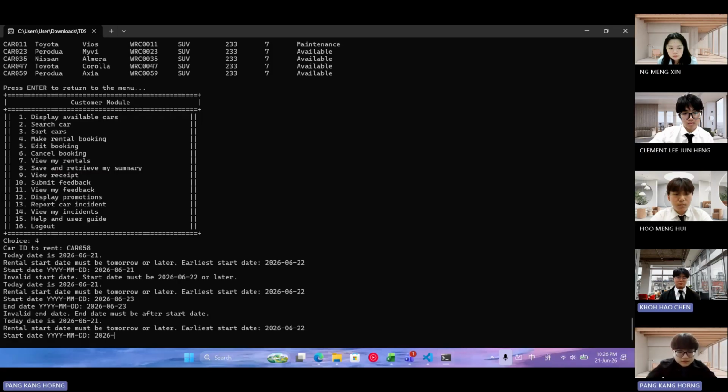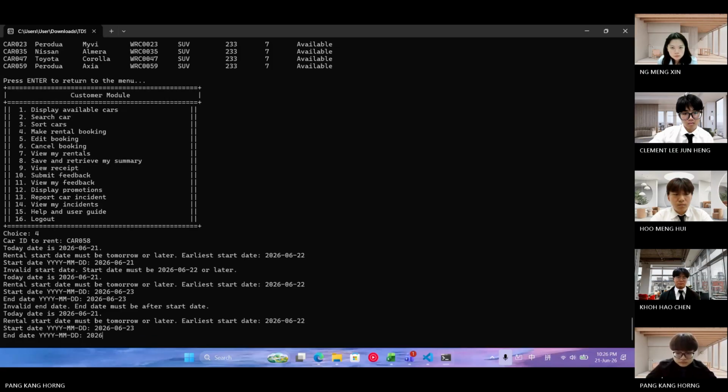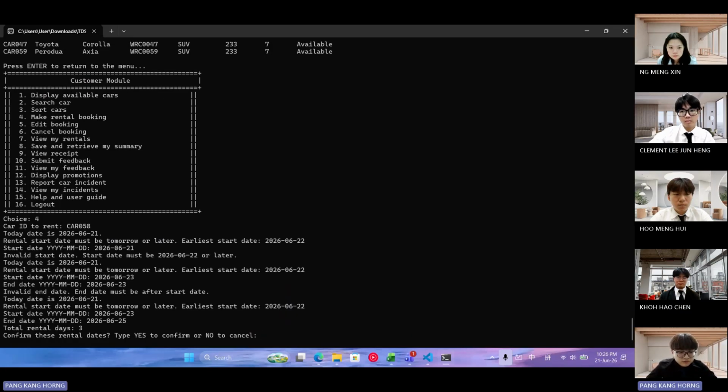So we try again. Now we try 2026-06-25. If you type a correct and available day, it will show you the total rental days. Now you can see the total rental days is 3.